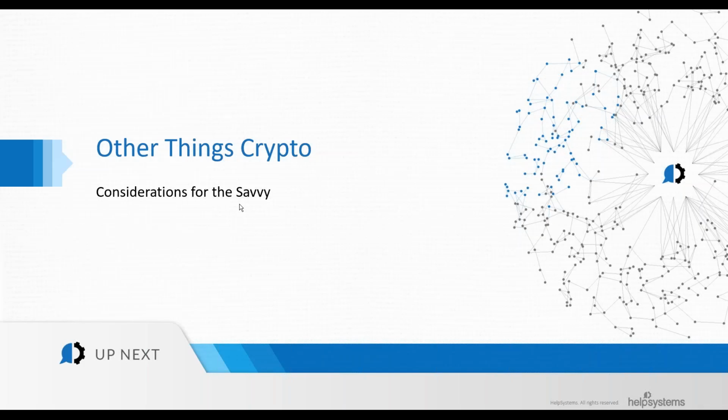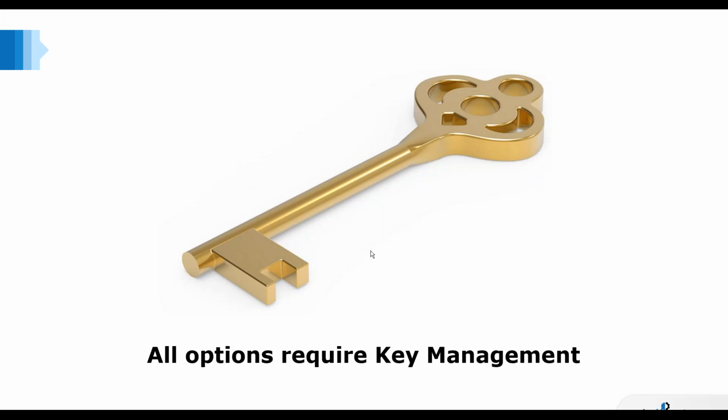All right, so a couple of things that we have to consider with encryption, for the savvy individual, is that all of these options require key management. So regardless of how you actually decide to encrypt the data, you're going to have to consider your key management. Those keys, we've hounded on this already, but those keys need to be protected and they need to be managed in a way that they're not going to be exposed, but they're still available to the correct individuals. And they need to be available for that decryption when that decryption is requested, but they need to have that complexity to get the job done to keep that data from being hacked.